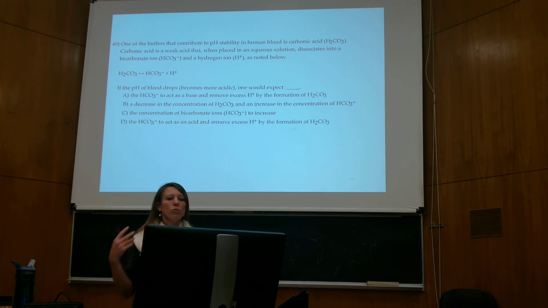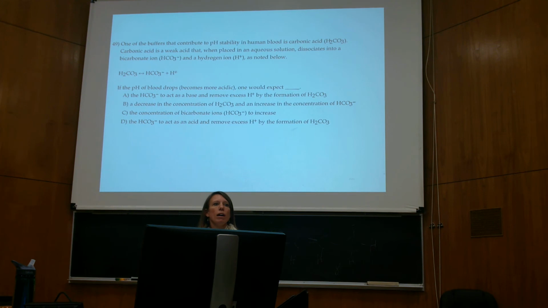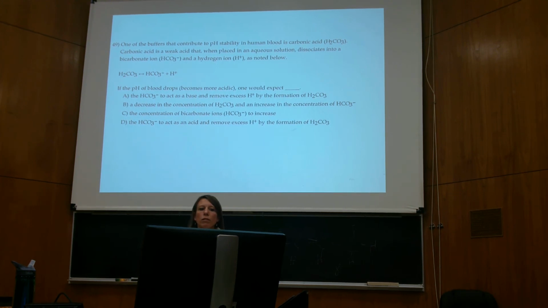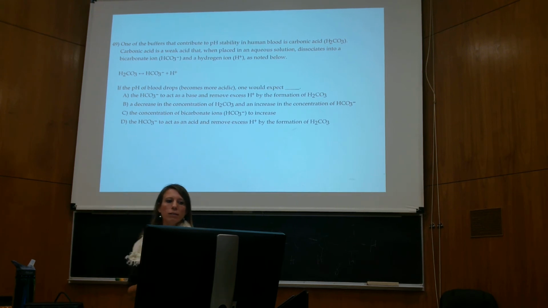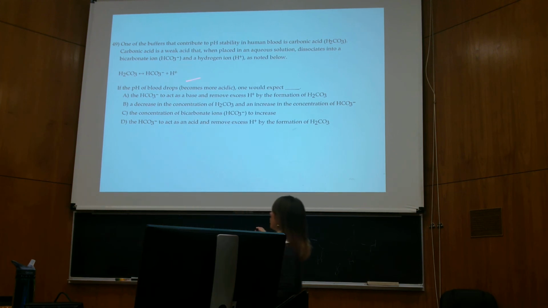Okay, so the pH of blood drops, becoming more acidic. So that means what's happening to the hydrogen ion? Is it decreasing or increasing? Increasing, right? One would expect what to happen in this equation? A. Correct, A. Right? So if there's more hydrogen being added into the cell,